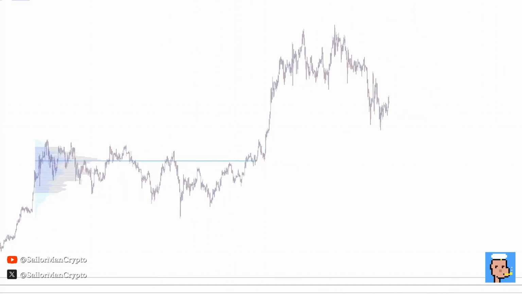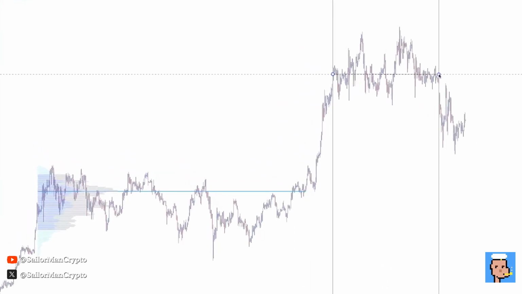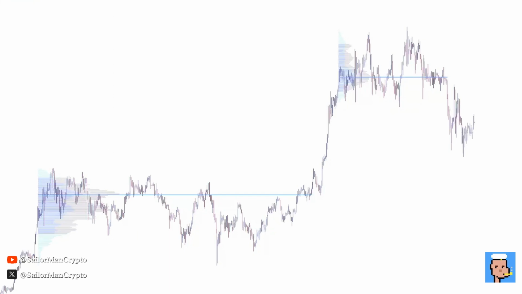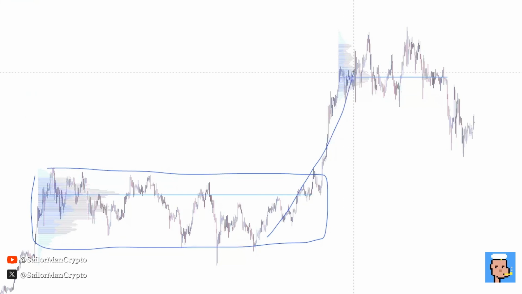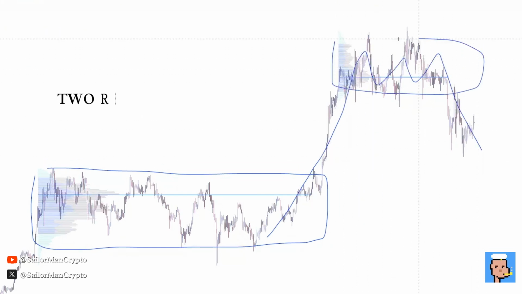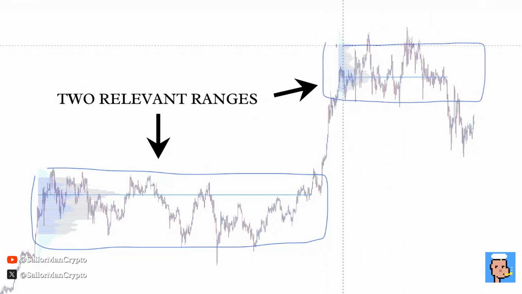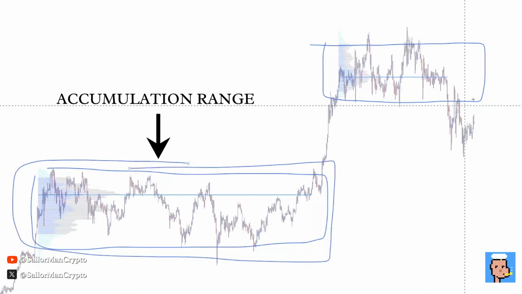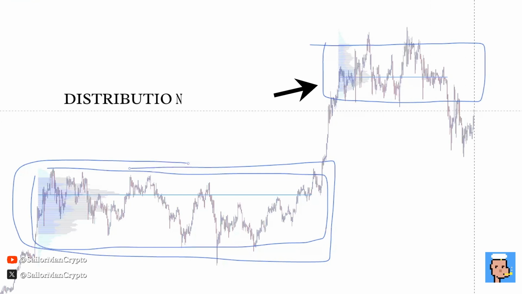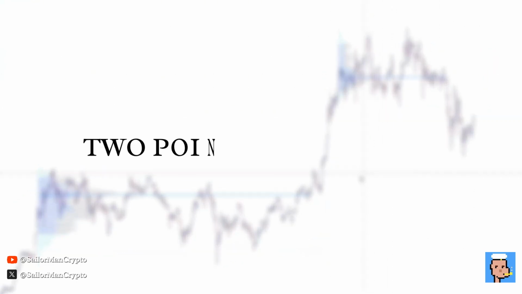So just to show it visually on this very high time frame price action, we did have a range evolving in this area for 9 months. Price broke above, then we consolidated in this area and price broke down. So we do have two relevant consolidation ranges. For the moment, this one appears to be an accumulation range because we broke to the upside. This appears to be a distribution range because we broke to the downside, and these two levels give us 2